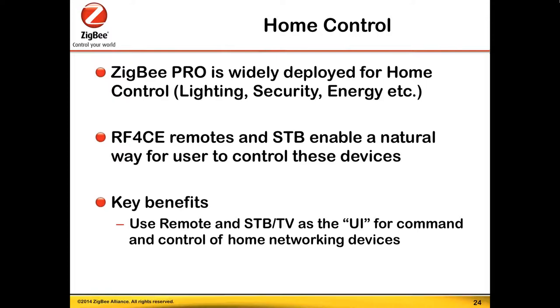And since RF4CE is essentially a control network and the TV or display, we have a very big display, it's natural that you may want to use the remote and the set-top box TV as a user interface for the command and control of the home networking device. There's a lot of different things you can do, which is just one example of what you can do if you can bridge the network. So that's one of the features that we provided in the ZRP2, where the RF4CE device can actually talk to ZigBee devices that are in the same network. So in the next slide,